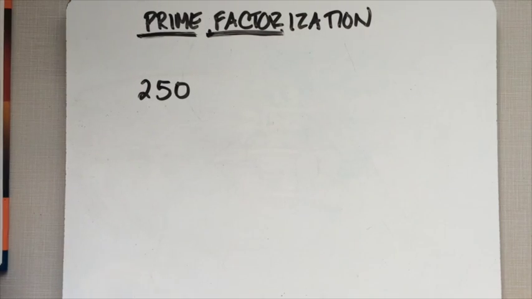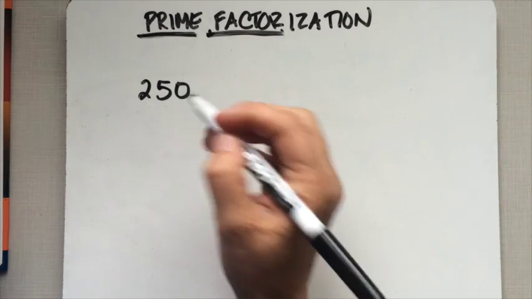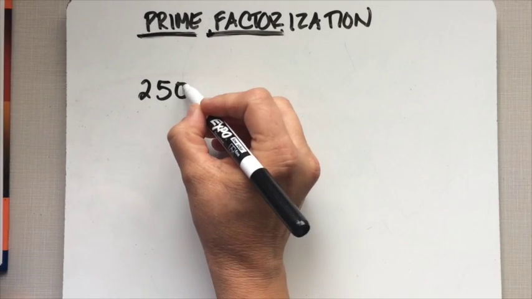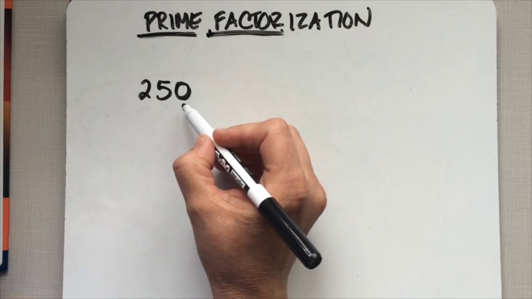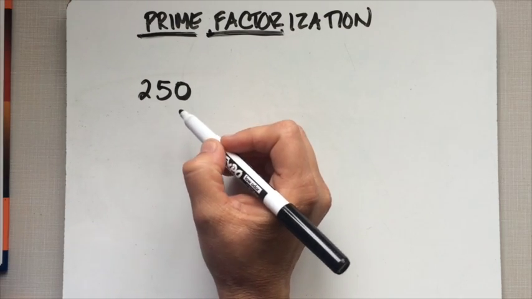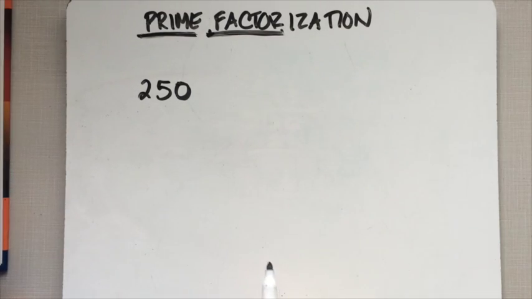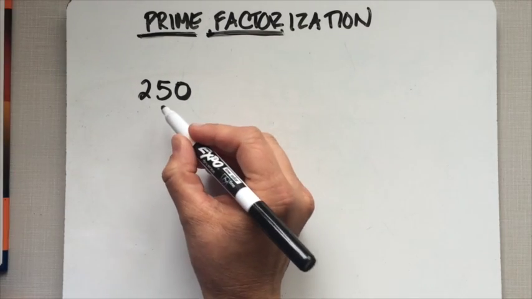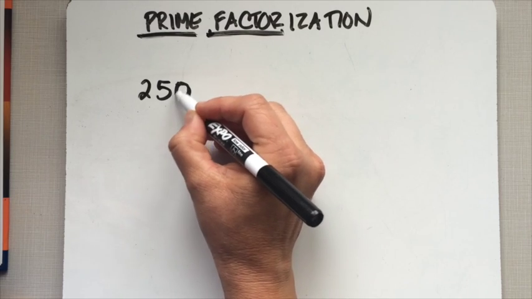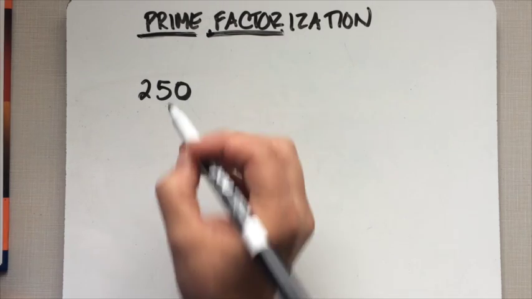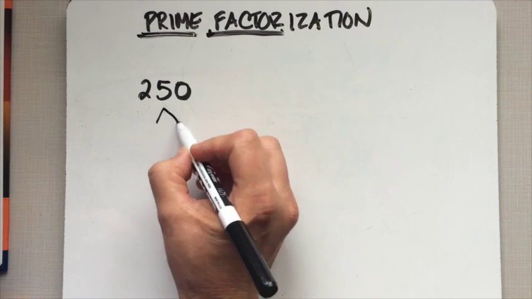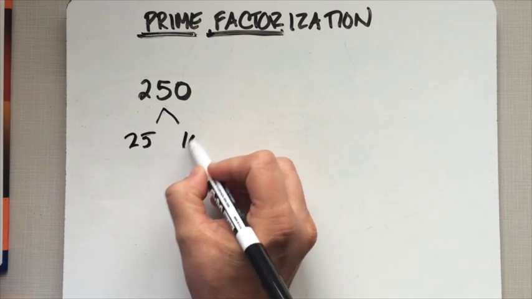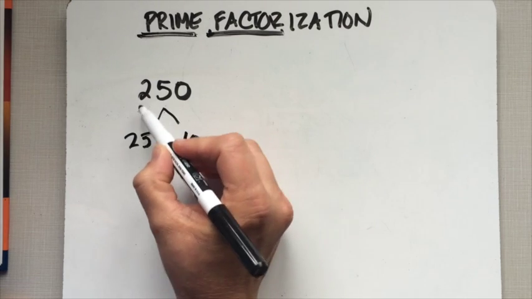All right, 5s. The residue or fingerprints of a 5 on a number are going to show up in that number ending in a 0 or in a 5. If 0 or 5 is the last digit of that number, I know there's a factor of 5 in there somewhere. This one also has a 0 at the end of the number. So when I'm trying to find the prime factorization of a number that has a 0 at the end, the fastest way to do it is to say it's the